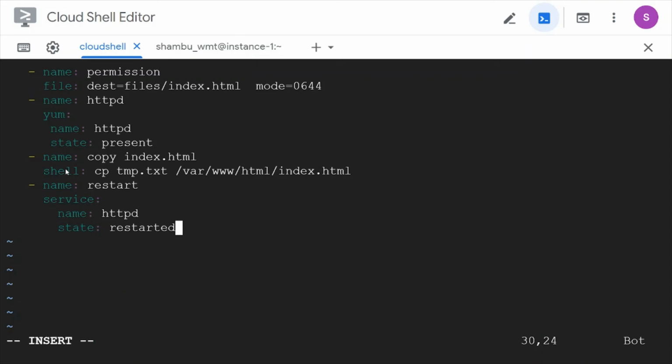show you how we can debug information, name. Okay, so now I'll add debug.